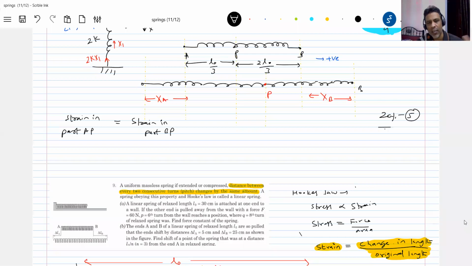Those who are targeting Advanced and a better rank, you must put in effort. At least, you need not solve 100%. Even if you solve 40% or even 30%, it's enough. But make a daily practice of solving at least 2 numericals. Just take 2 numericals and try to work them out. Just try to think on them.